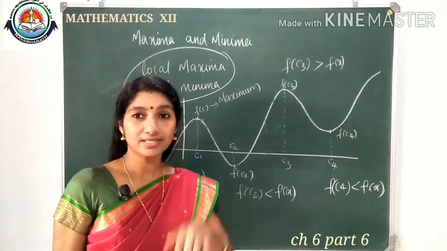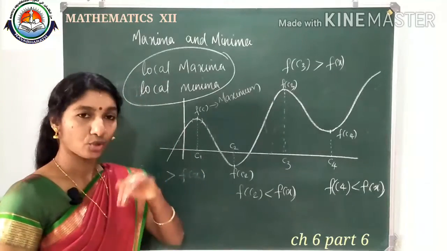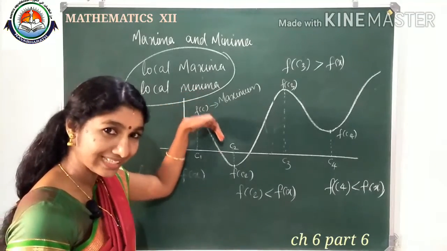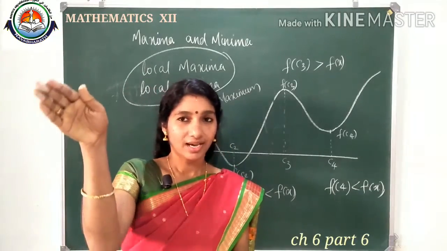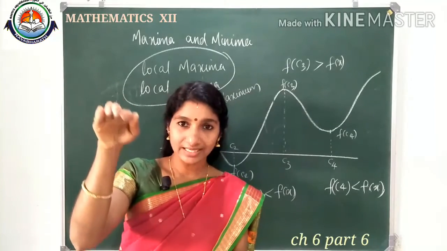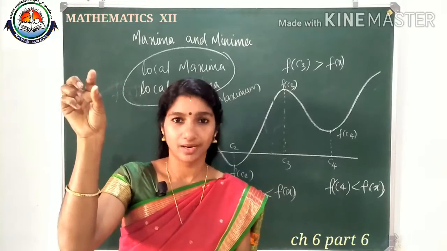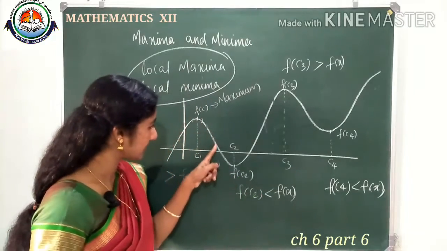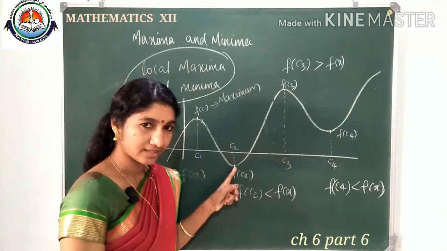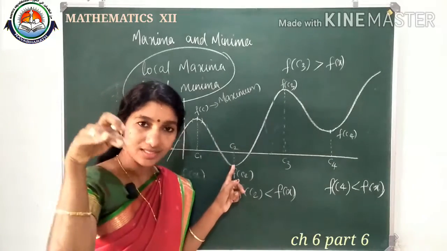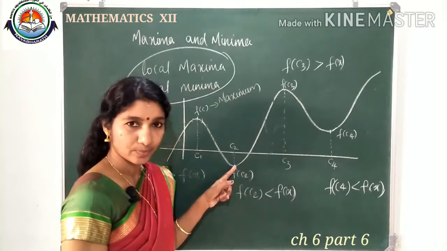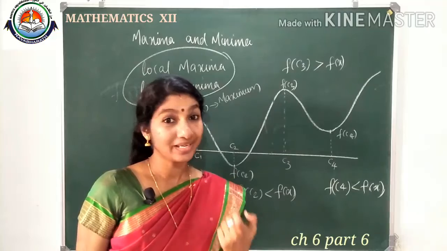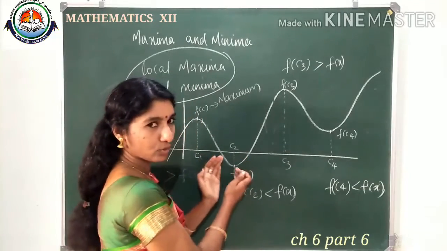Local maxima and local minima mean: if a function is showing an increasing nature and at a particular point it changes its nature to decreasing, means one increasing function and at one particular point it started decreasing, that particular point is a local maxima. Clear? And the same way, if a function is decreasing, showing a decreasing nature, and after a particular point, say C2, it started increasing, that point we call a local minima, means comparing with its neighborhood, that is a minimum point,